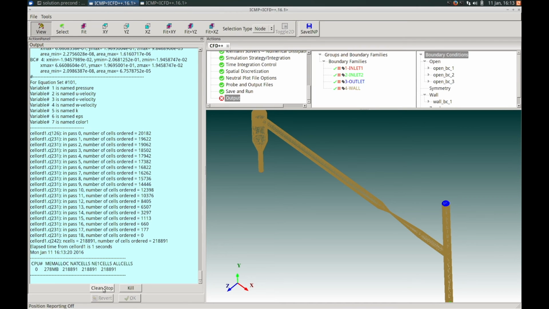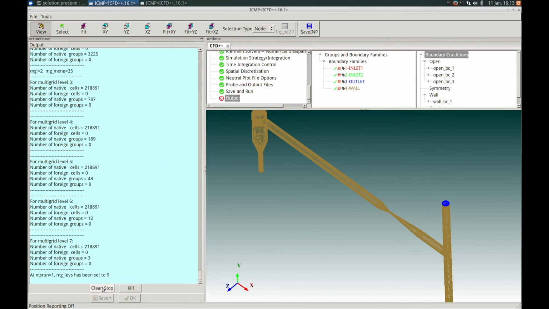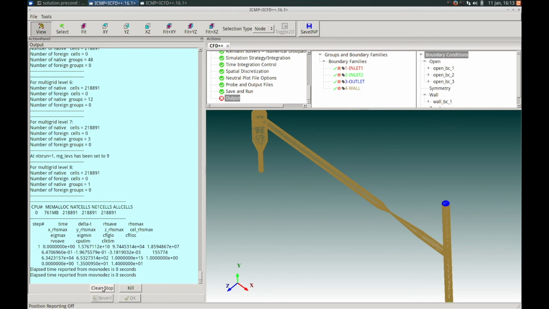At this point, we'll let it run for one step here, and then just click the clean stop. In that case, we'll stop running. And that completes the setup for the preconditioning based approach. For visualizing the results, you can see the results section of this example problem. But for right now, we're going to take a step back and look at how we would change the setup to use the pressure-based solution method.